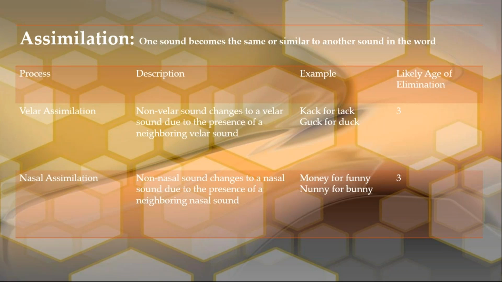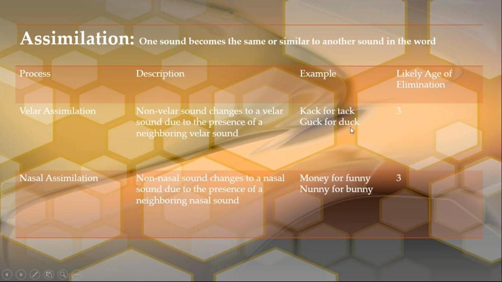So velar assimilation is when a non-velar sound changes to a velar sound. Remember, velar sounds are toward the top of your throat, using the back of your tongue. They change to a velar sound because there's another velar sound in that word. So let's look at the word tack. You're starting in the front to ack. That CK sound is a velar sound, and because there's a velar sound in the word tack, they're replacing that T with that same velar sound. So tack turns into